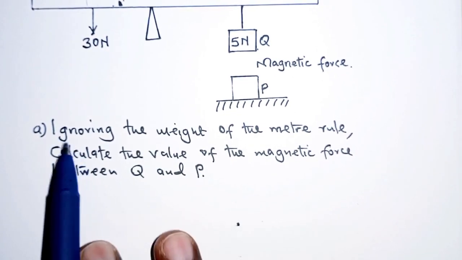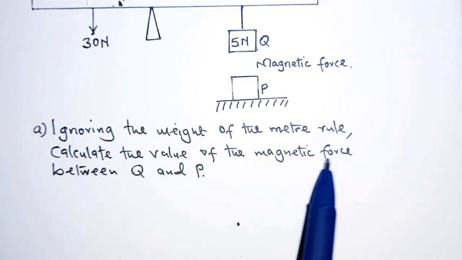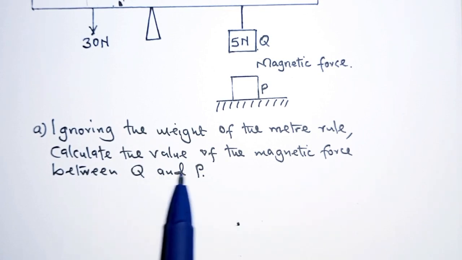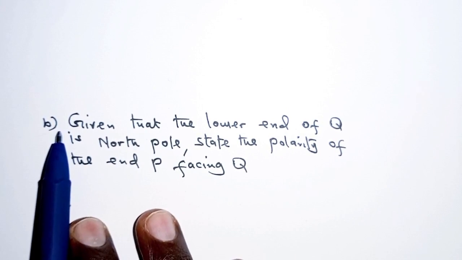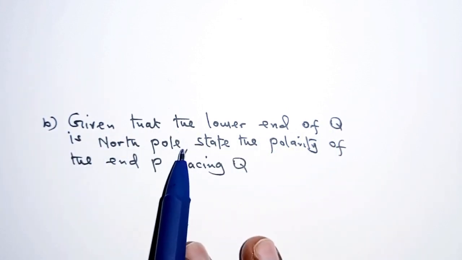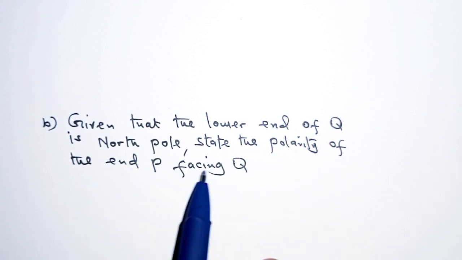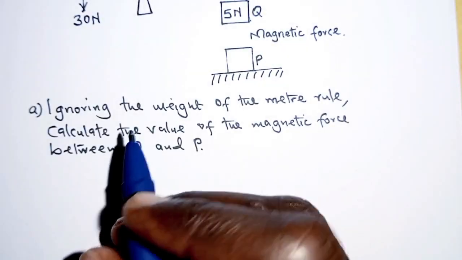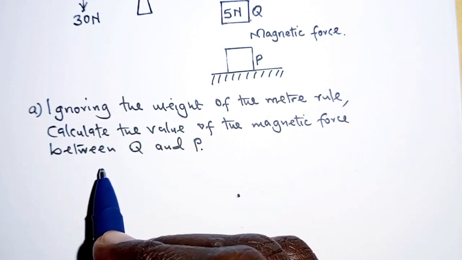Then part A, ignoring the weight of the meter rule, calculate the value of the magnetic force between Q and P. And finally, part B, given that the lower end of Q is North Pole, state the polarity of the end P facing Q. So first of all, we need to note that this question is based on the principle of